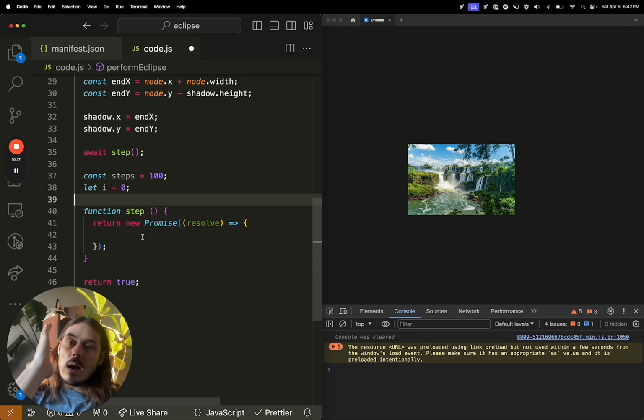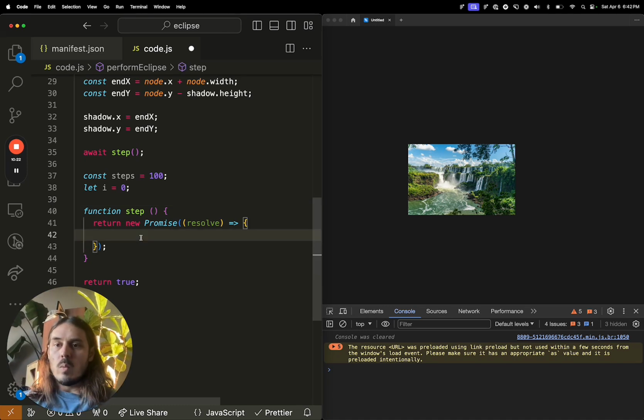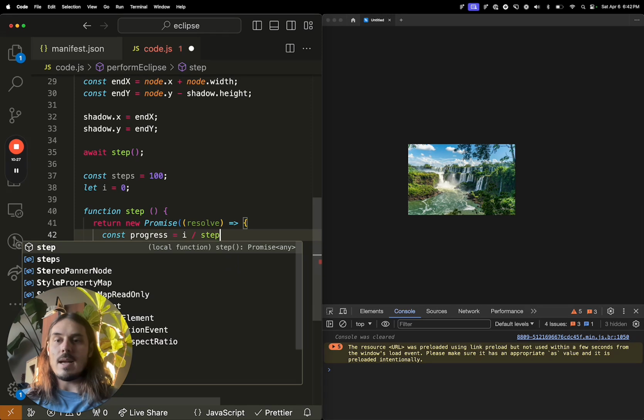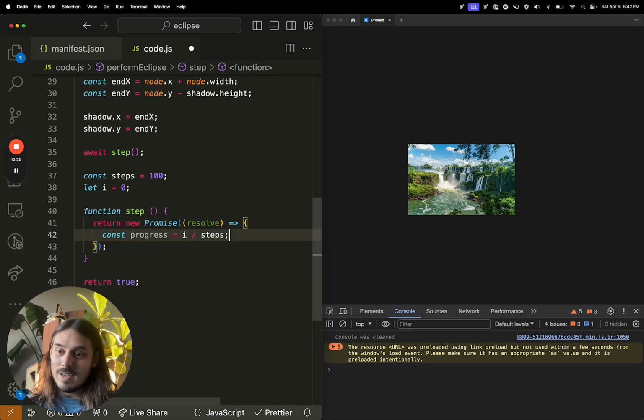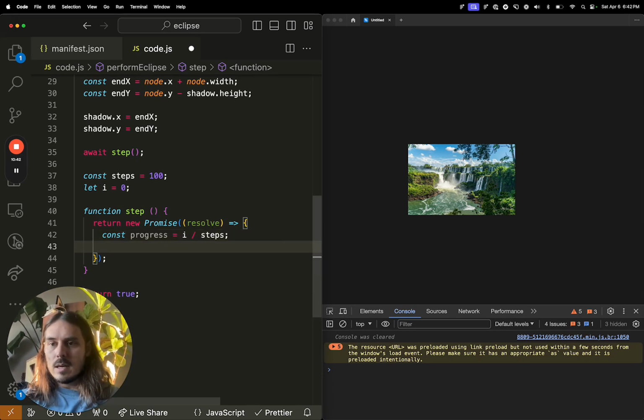So I is going to become 1, 2, 3, all the way up to 100 over time. So inside of our step, we're going to say progress equals I divided by steps. So the first time through, that's 0 divided by 100. The last time through, it'll be 100 divided by 100. And then anywhere in between, it'll be whatever that is, on a scale of 0 to 1. So that's progress. And then we want to make sure that we're increasing I so that the next time through,